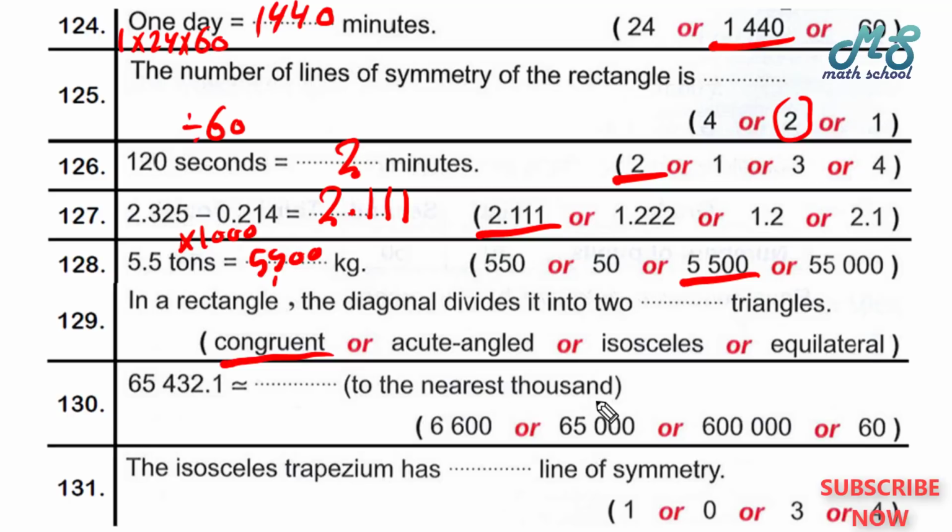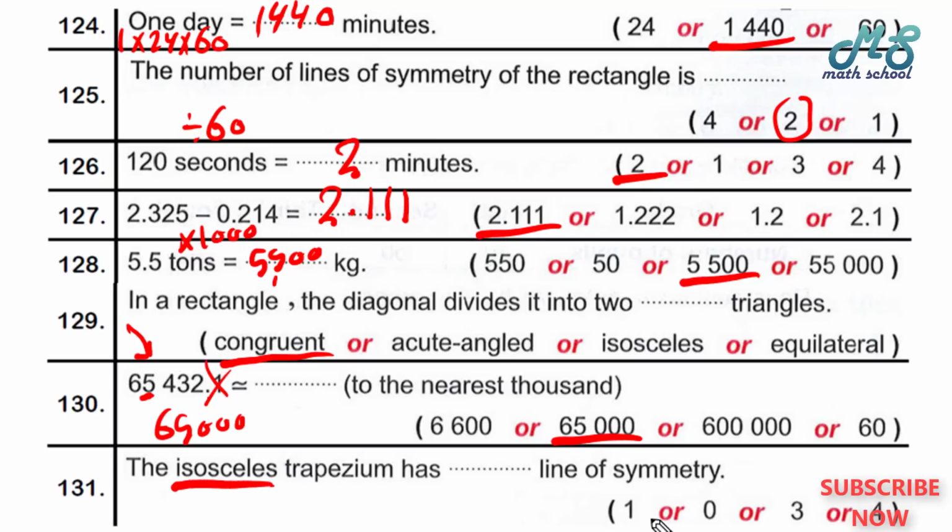This number to the nearest 1000, so your eye is on the thousands place. What is in it? 5. The right digit is 4. So leave 5 as it is. The 5 will not change, so 65000. Someone will ask me, what about the decimal part? Just cancel it. So 65,000. The isosceles trapezium or trapezoid has how many lines of symmetry? I told you,